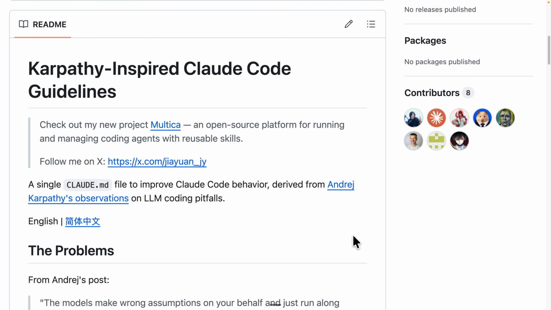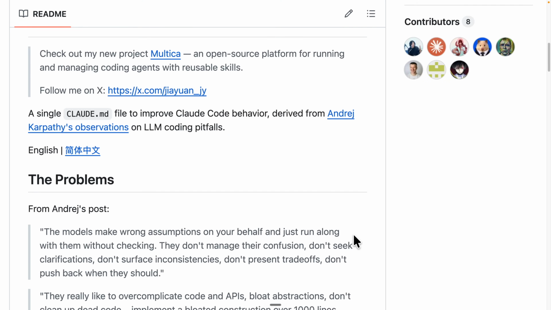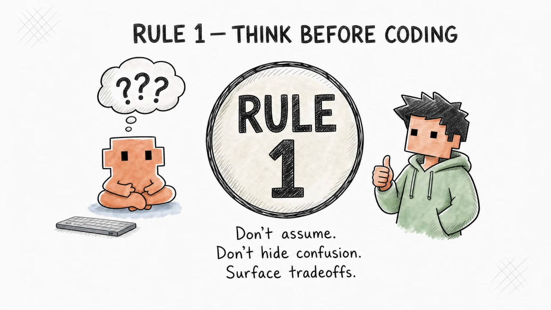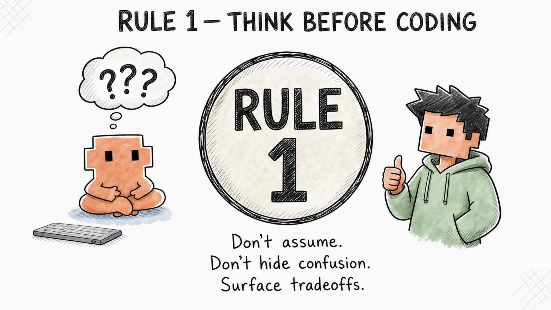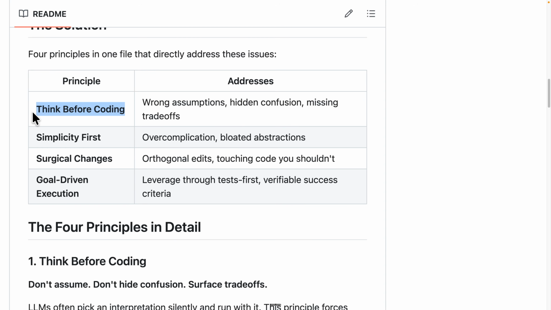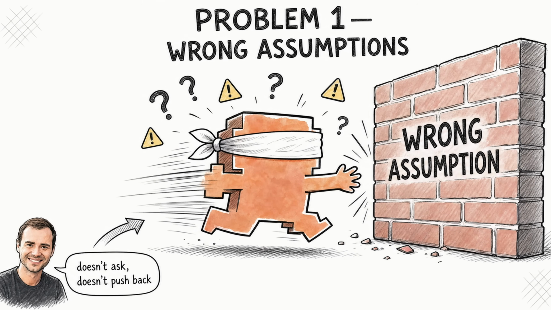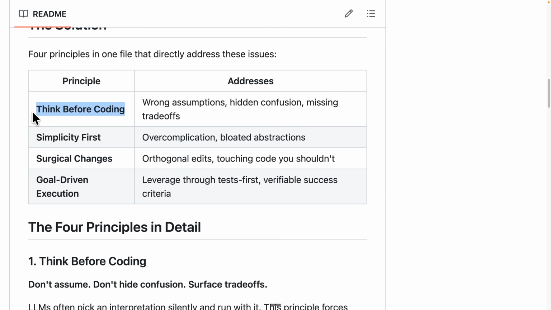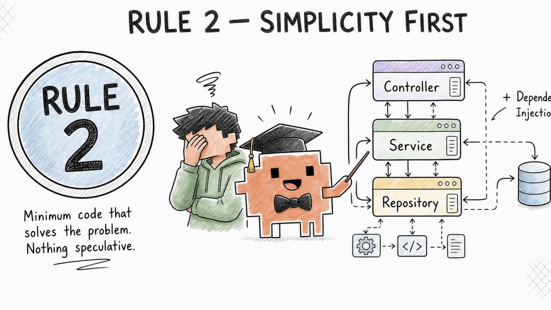All right, so to get started, let's take a look at what this skill is trying to offer. Right here, you can see this skill offers 4 principles that we can use in our project, which will basically be written inside of our Claude.md file. The first principle is think before coding. Large language models, like I said, make wrong assumptions and don't clarify things. By having this principle, it's going to force AI to think before it does the execution. The second is simplicity.